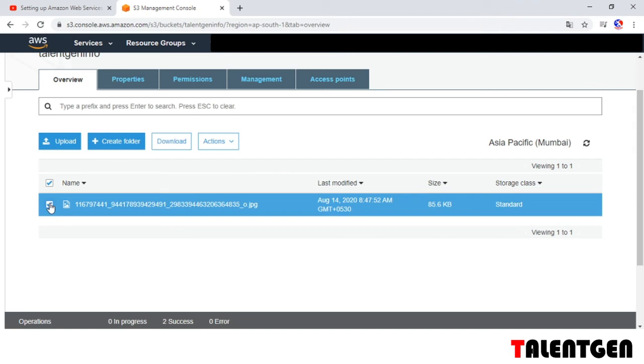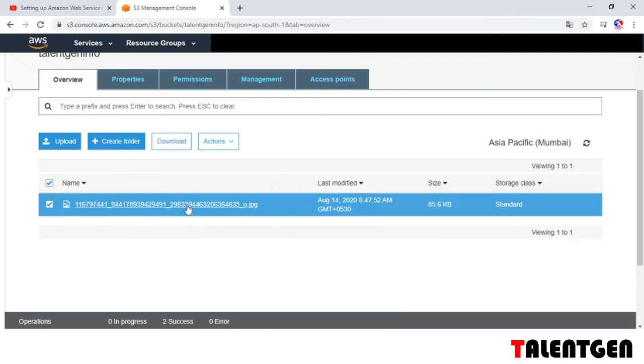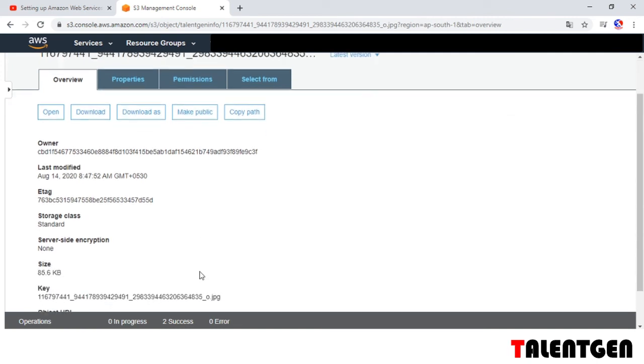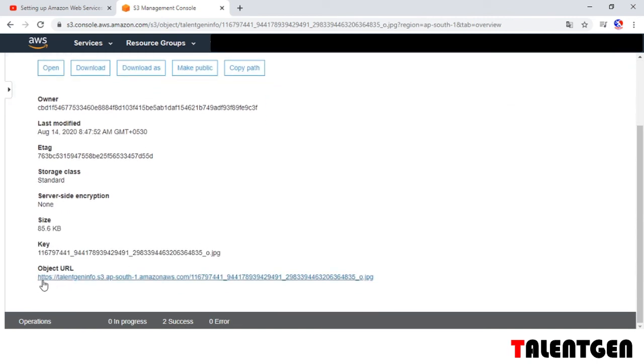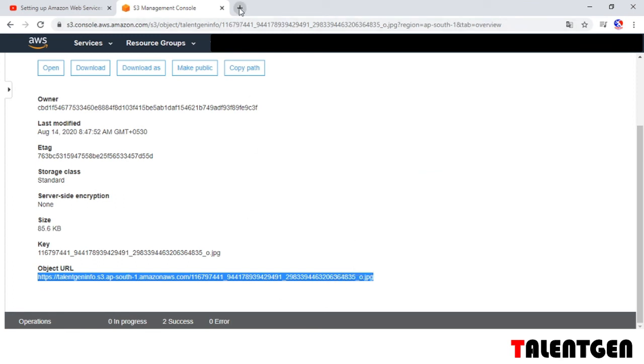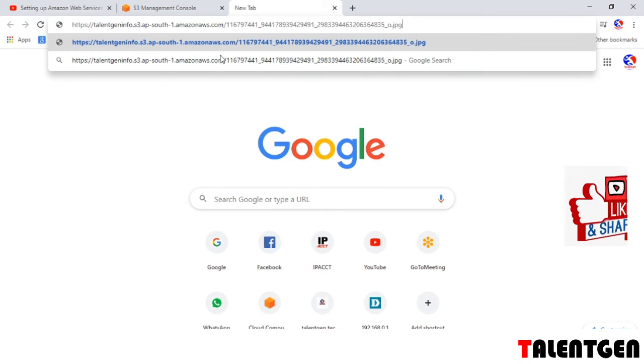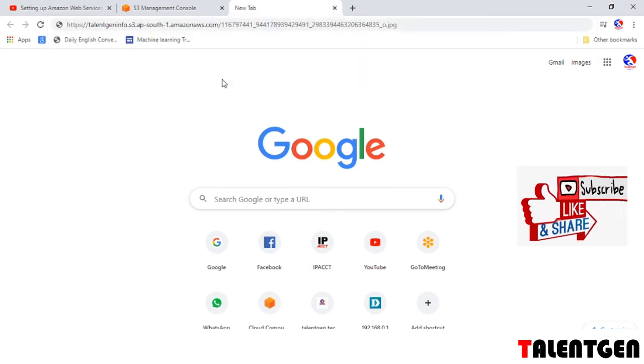Click on the object data, and here is the URL of my object file, and we can share this file with everyone. Copy the file URL, paste it in a new browser tab and press enter.